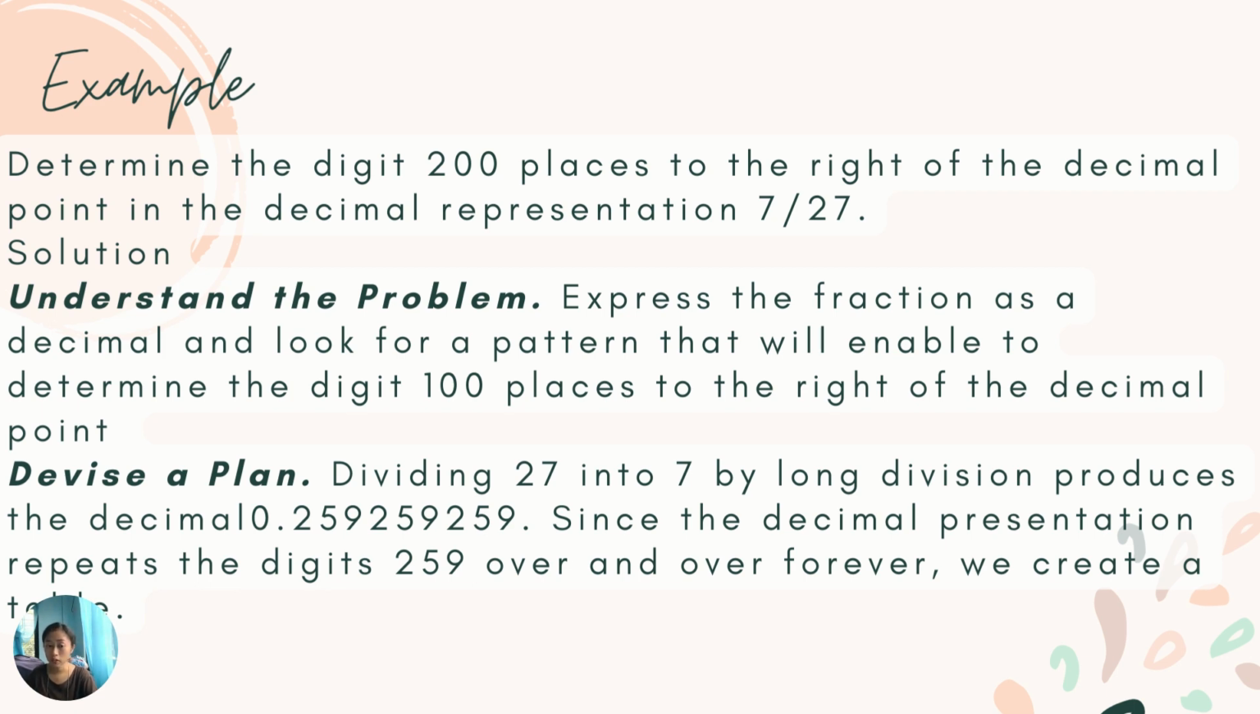So, when we write 7/27 as a decimal, it is 0.259259, and the same all throughout. Since the decimal representation repeats the digits 259 over and over, we create a table. Kumbaga dito, on the first, second, and third. Tapos ulitin, fourth,